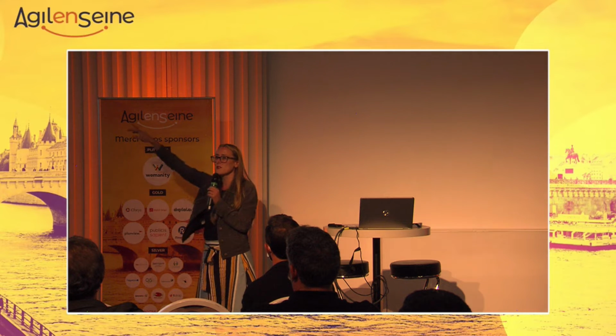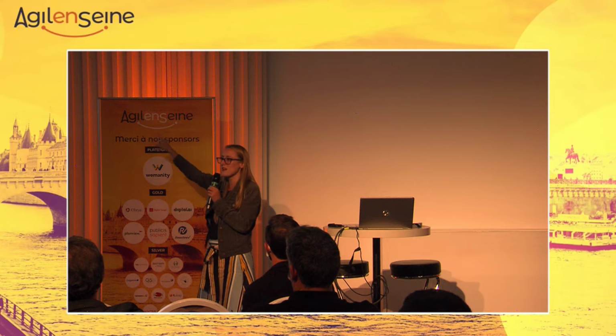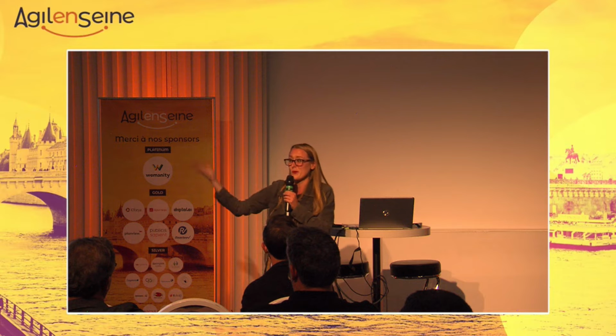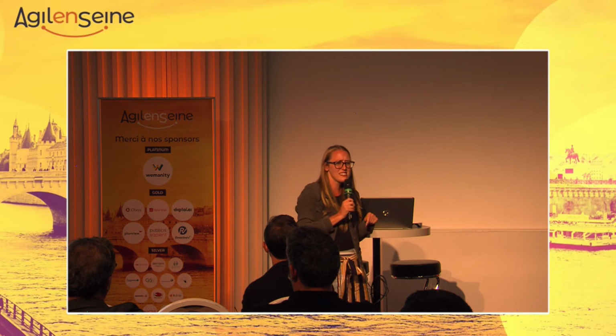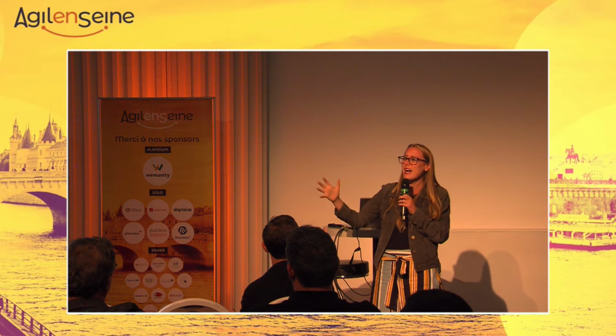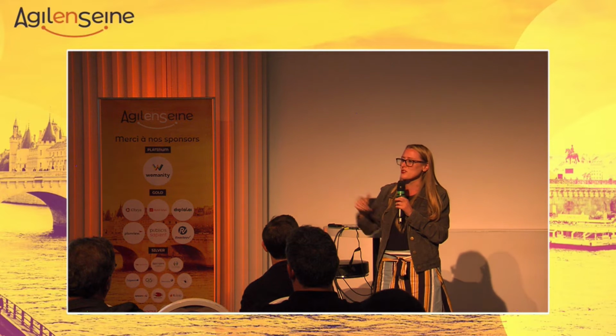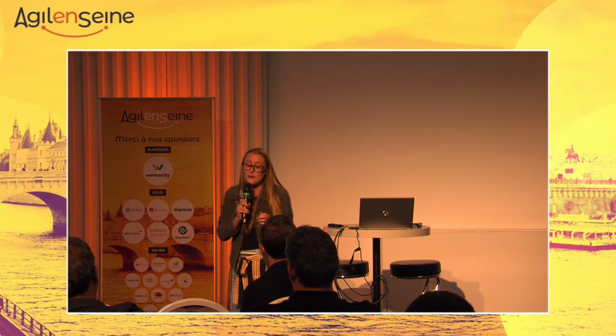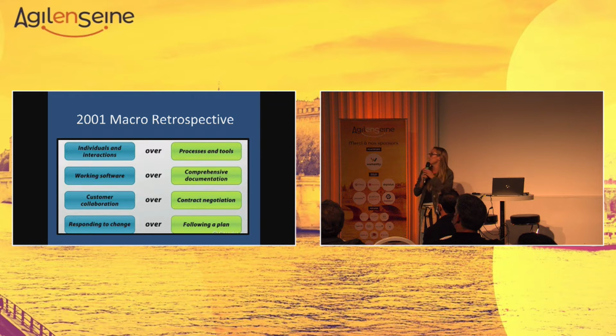Now, teams go through this phase all the time, but it's in this final phase, the adjourning stage, that we take the time and we ask, what's working and what isn't? And it's as if about 20 years ago, we had a massive macro level retrospective. And we said, okay, what's working and what isn't? And from this conversation, the Agile Manifesto was born. And so we decided that we were going to put people over processes. We're going to have working software over comprehensive documentation. So we created this Agile Manifesto.